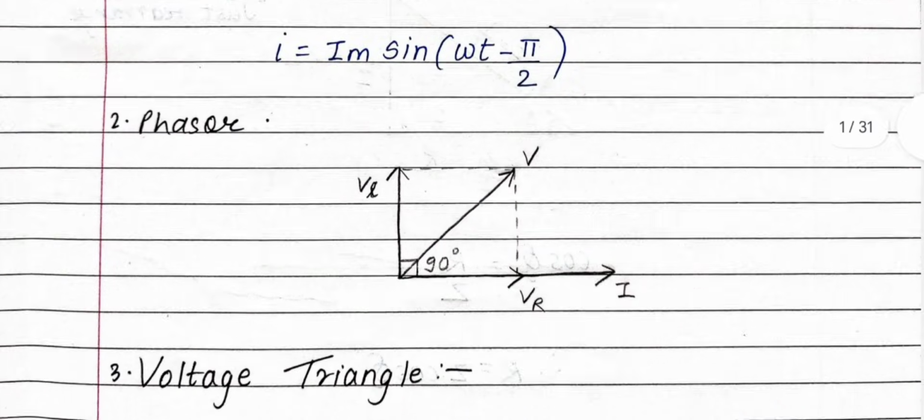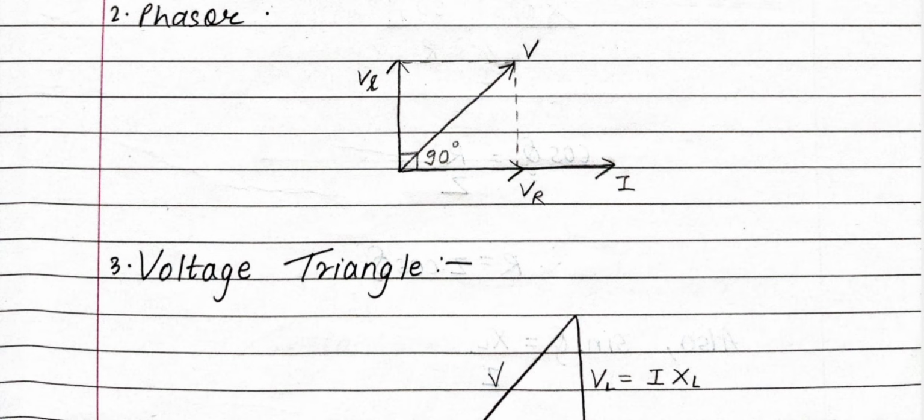Then our second part is the phasor diagram. This is the phasor diagram which I have drawn over here. First of all, we will understand what a phasor diagram is. A phasor diagram is a graphical representation that simplifies the analysis of an AC circuit. In a series RL circuit, it shows the relationship between the voltages. Like you can see here, VR, that is voltage across resistance, voltage across inductance, and then you can see the resultant voltage.